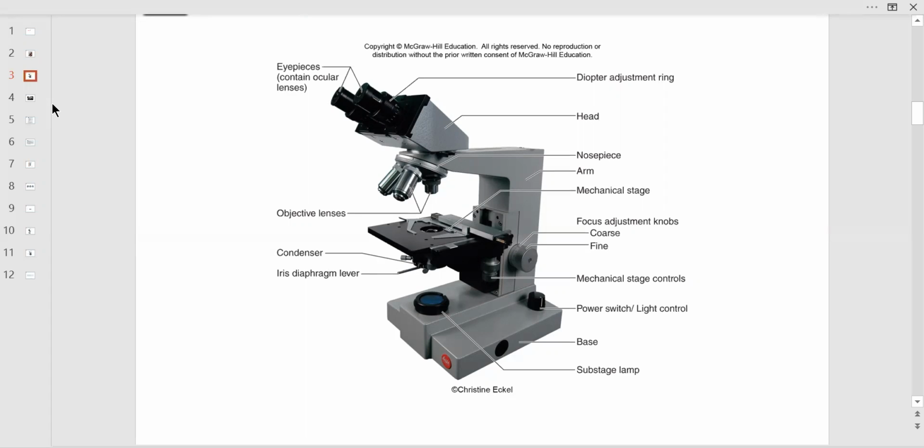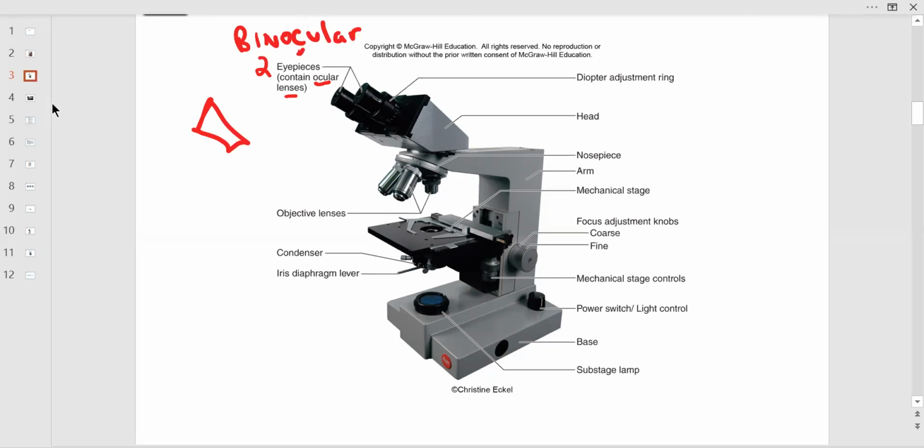So they have these eyepieces that really are ocular lenses. I think that's more important that you know these are ocular lenses. Now there's two of them, right, in this case, but sometimes there's only one, like a telescope, but this is more binocular. You know, like if you ever used binoculars, you kind of put your eyes in there and you could see,